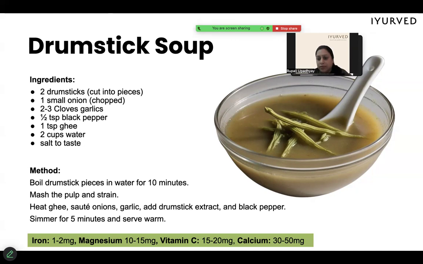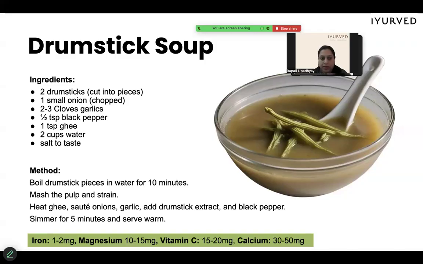तो मोरिंगा सूप इज वन ऑफ द इजिएस्ट वे। आप 2 ड्रमस्टिक ले लीजिए और अनियन ले लीजिए एंड क्लव्स, लहसुन, जिसका हमने आपको एक टिप भी दिया था कि लहसुन बहुत ही अच्छा इम्यूनिटी स्ट्रांग करने के लिए एजेंट है। ब्लैक पेपर, घी, 2 कप वाटर एंड सॉल्ट टू टेस्ट। आप ड्रमस्टिक को बॉईल कर लीजिए 10 मिनट्स के लिए